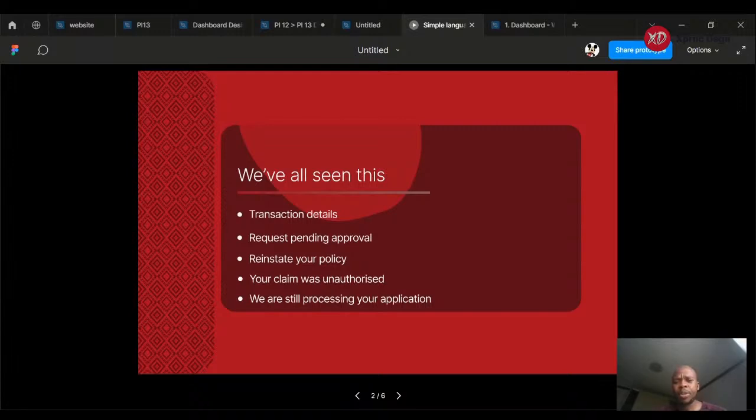And maybe when you're trying to pay someone, and something goes wrong, maybe the transaction was not successful. This type of message doesn't mean much to a customer, and the customer doesn't have to be in the financial services space to understand what these terms mean. Even the people who work in the financial services space don't understand where these terms actually come from. Some of them are technical terms that come from developers, from the technical environment,